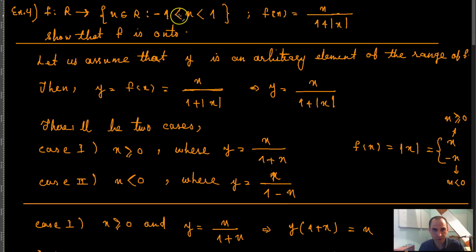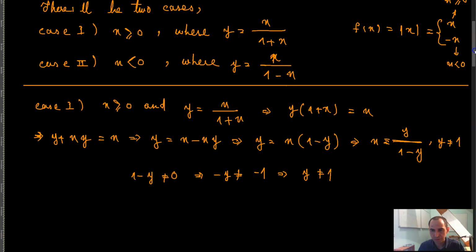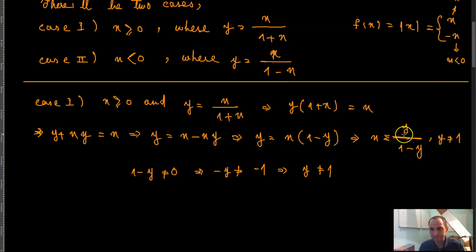Because in this set, basically x is not supposed to be equal to 1, it's just less than 1, so it's not a problem there. And for all numbers between negative 1 and 1,